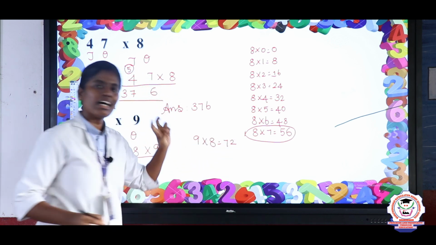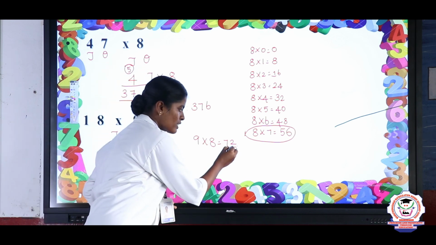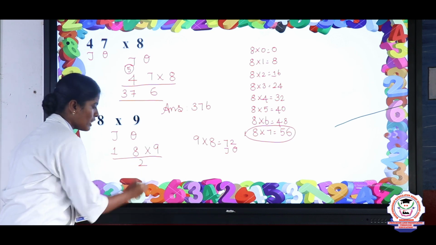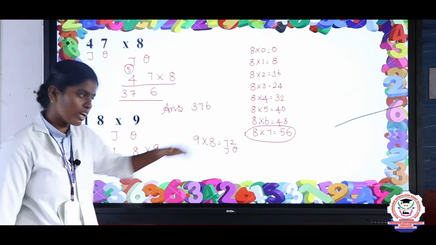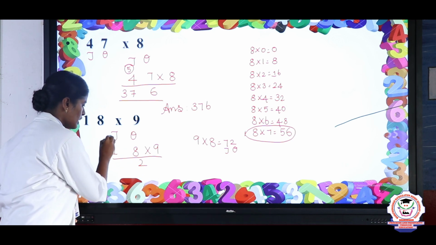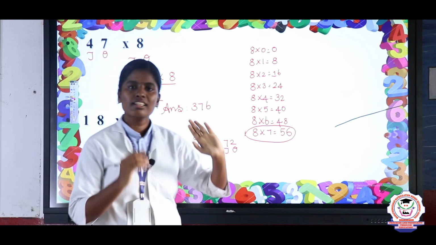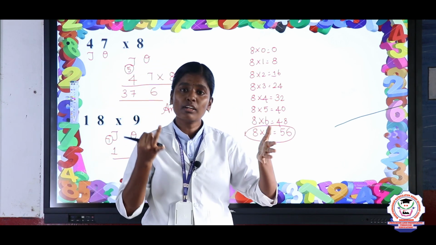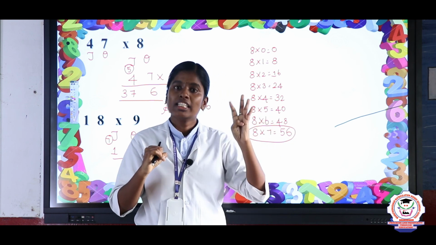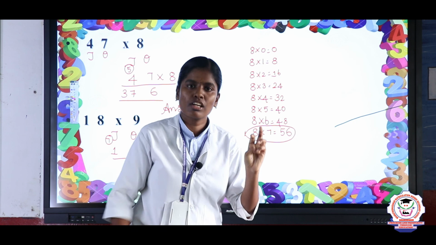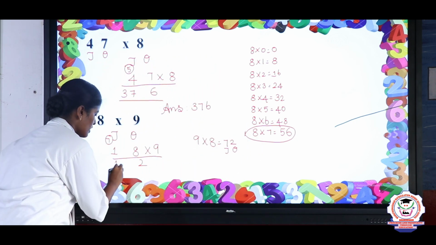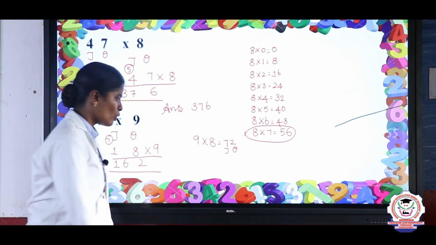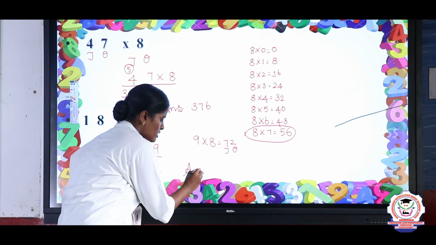So here we have two groups of numbers, the ones place and the tens place. Now we will write the ones place down and the tens place will be the carryover. So write 7. Take 9 ones are. What is the answer? 9 ones are 9. 9 in the mind, 7 in the finger. So 9, after that 10, 11, 12, 13, 14, 15, 16. So the answer is 16. So write the final answer. The final answer is 162.